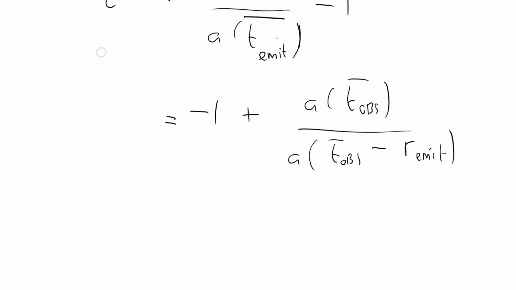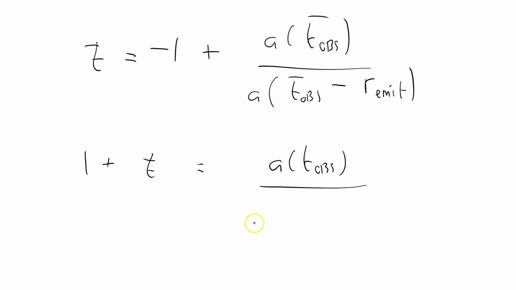That's nice. That's z. So I guess you could say 1 plus z equals a of t obs over a, that's a bar obs minus r emit times a of t obs